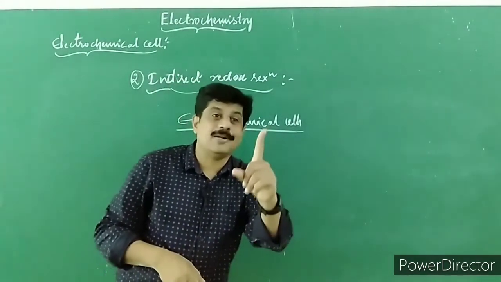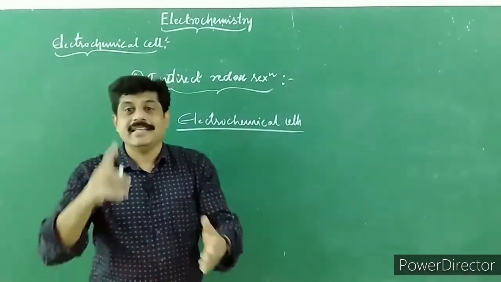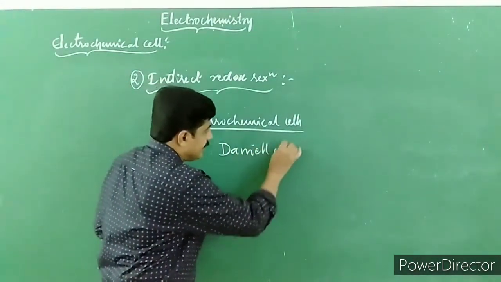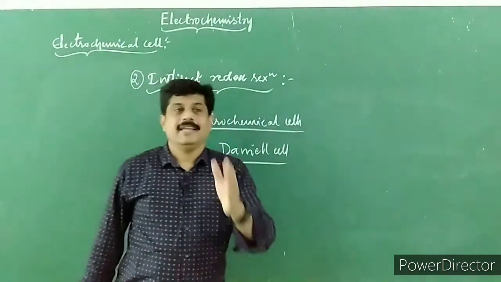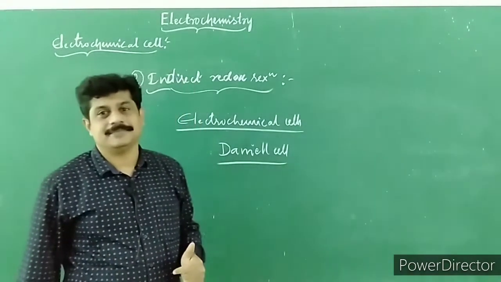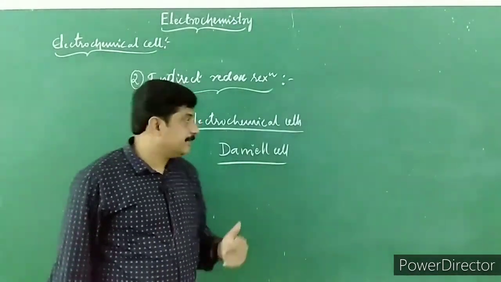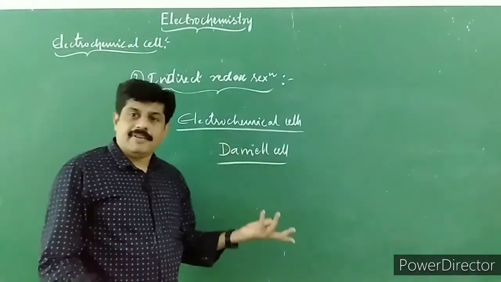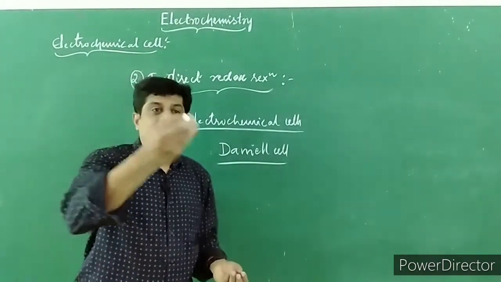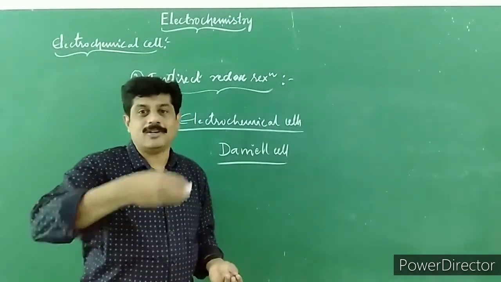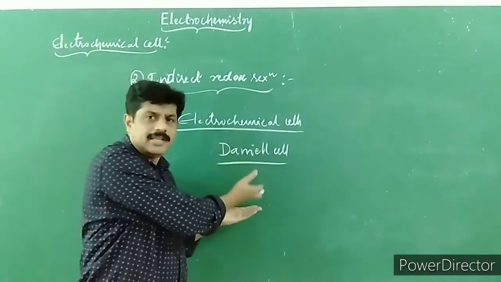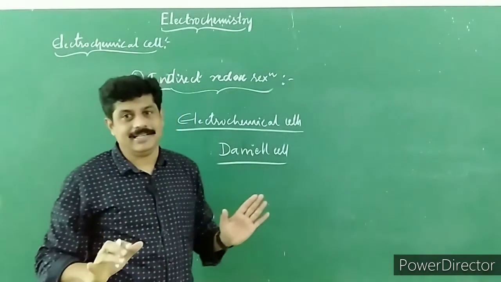Children, the simplest electrochemical cell or the galvanic cell is a Daniell cell. Daniell cell was discovered by a British chemist called John Daniell in the year 1836. Children, before I take up electrochemical cell or galvanic cell in detail, we should understand some of the basic terms like electrode potential. Let me take up that electrode potential first, and then I'll go for electrochemical cell or Daniell cell or galvanic cell in detail.